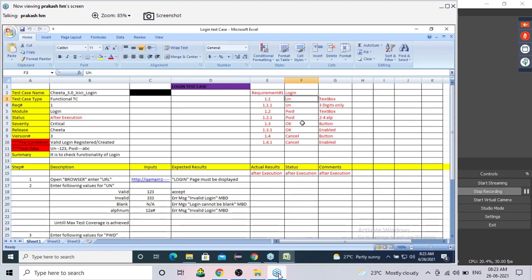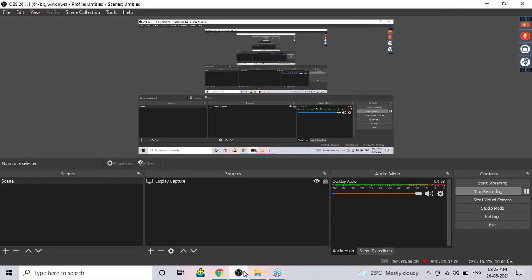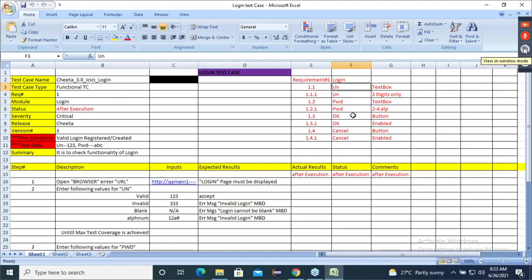Now, as soon as we get the requirement, what should we do generally? Tell me. No, forget about preparing the test document. First, we have to understand the requirement. Preparing is a different case. First, we have to understand the requirement. I think this requirement is clear for everyone, right? It is not at all complicated.